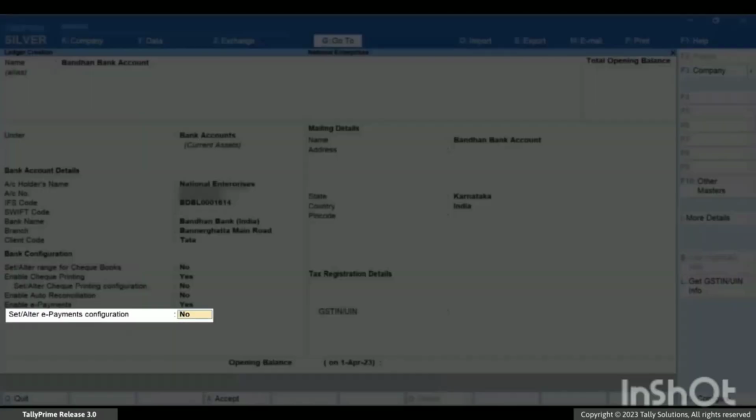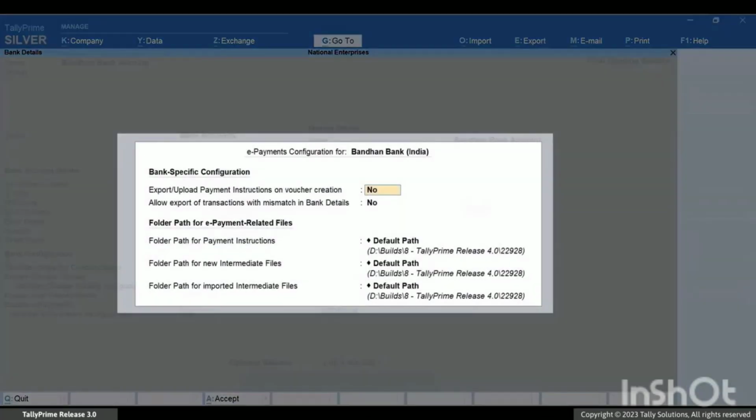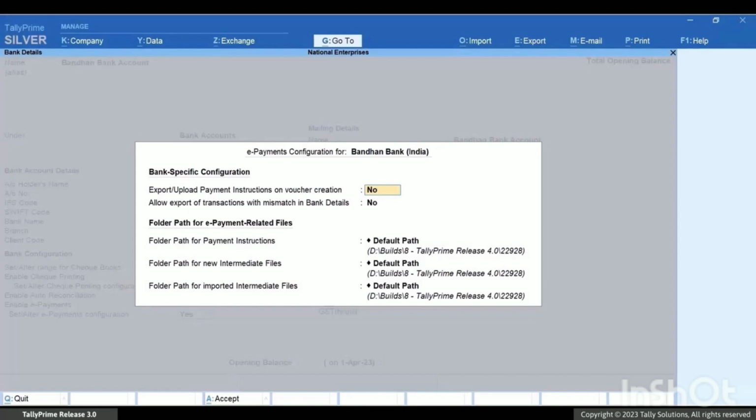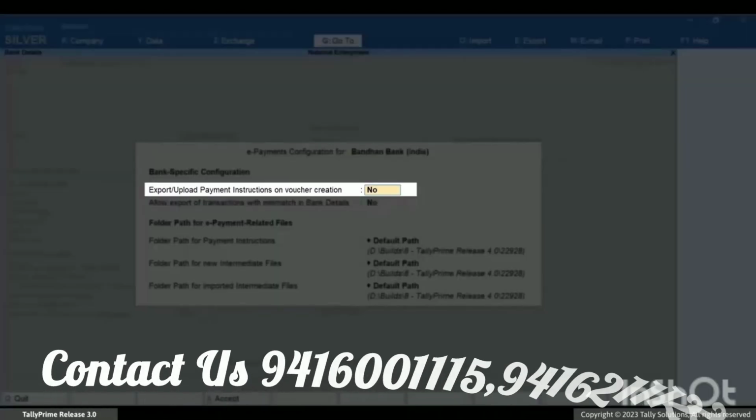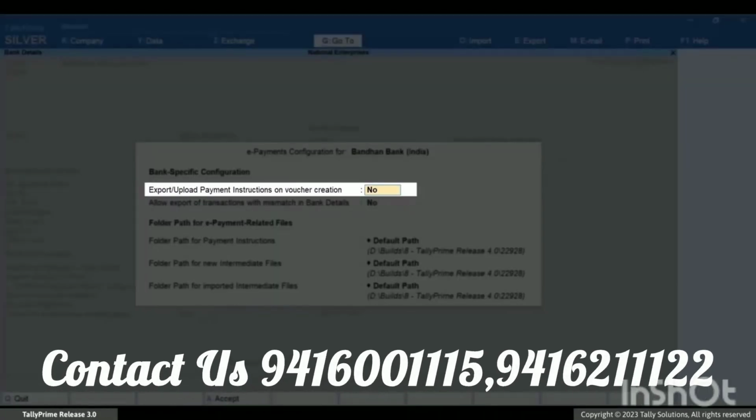Enable Set/Alter e-payments configuration. In the e-payments configuration screen, you can set options to configure activities related to e-payments. If you choose to enable export/upload payment instruction on voucher creation, then the payment instruction file will get created the moment you save a voucher. However, if you want to export payment instruction file for multiple vouchers at once, then let this option be set